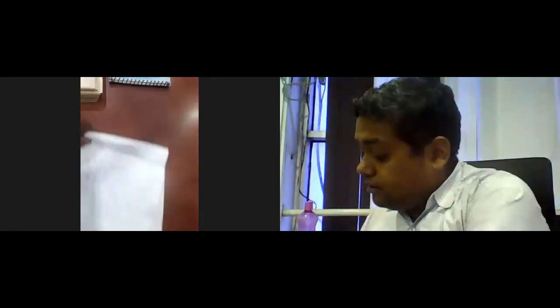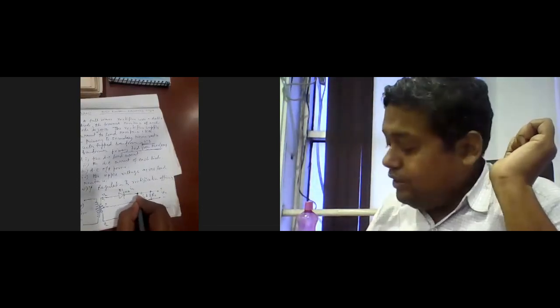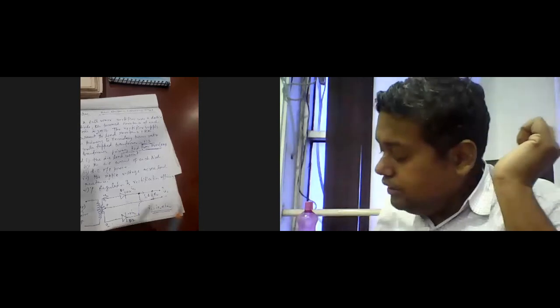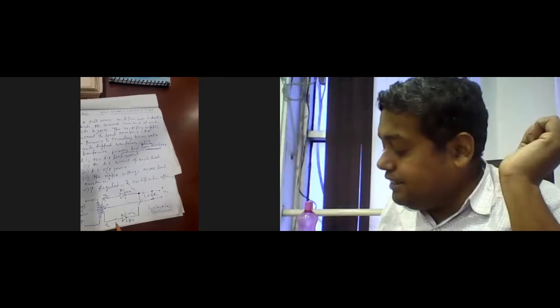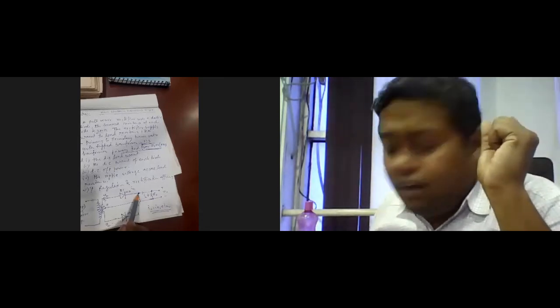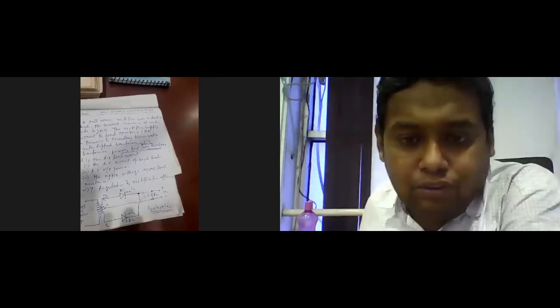In that case, what is the IDC? IDC equals, if we apply Kirchhoff's current law, please give your attention so it is very clear. For that case, we just denoted this bold dot here. When we apply Kirchhoff's current law, IL equals IA1 plus IA2. Both the diodes, when we consider, this current flows on this side and that current flows on that side. If you accumulate at this point and apply Kirchhoff's current law, these two currents are added. We will consider the algebraic summation of these two currents.